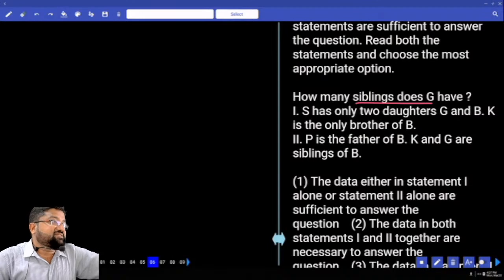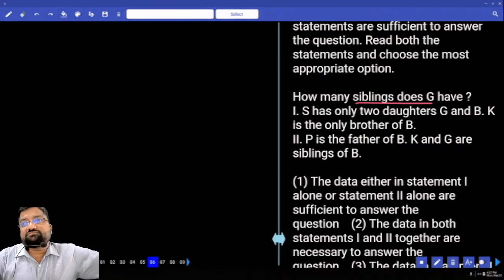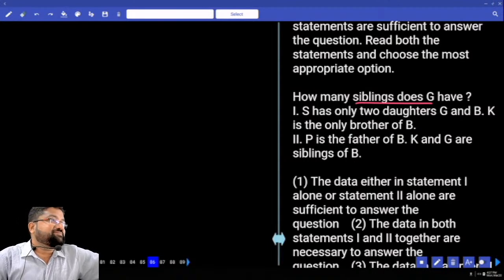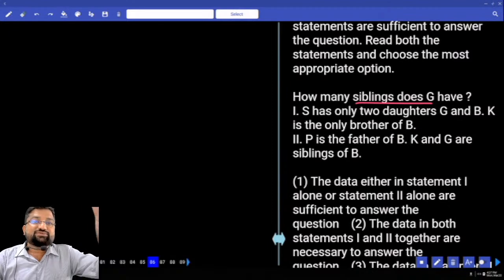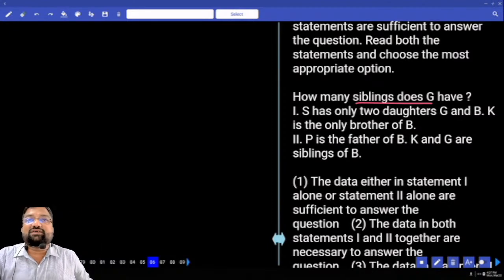B is my sister. How many siblings do I have? A is my only brother and B is my only sister. How many siblings do I have? 2 siblings. Is it clear or not? So the word "only" is very important to decide how many siblings or how many